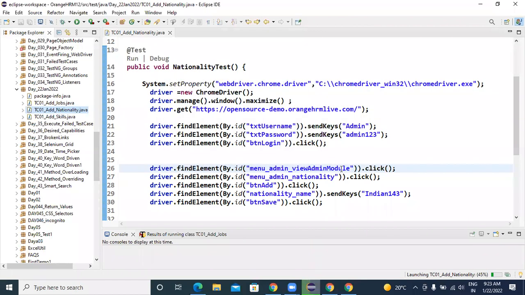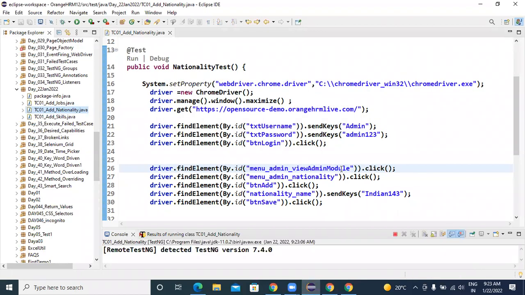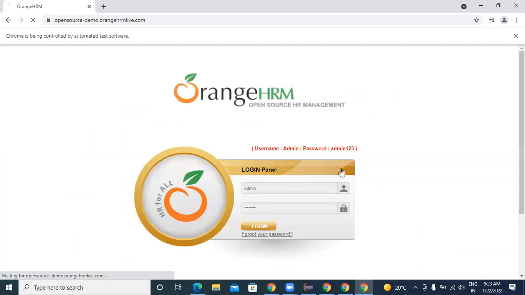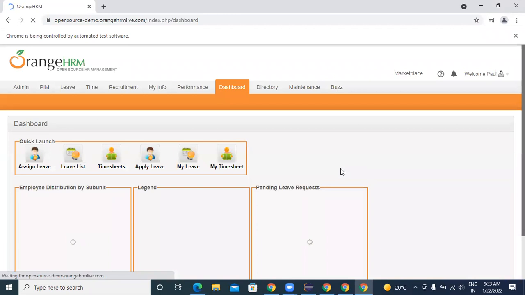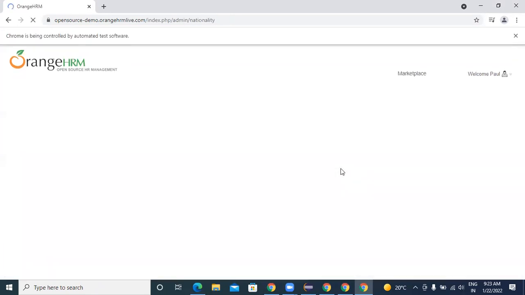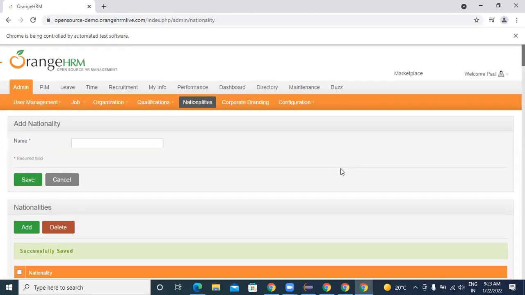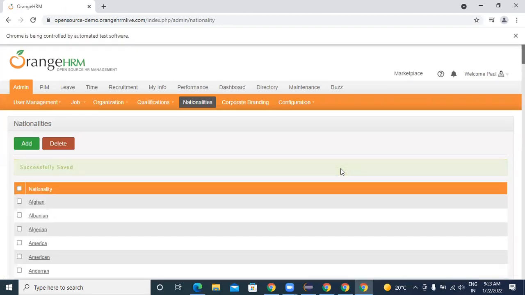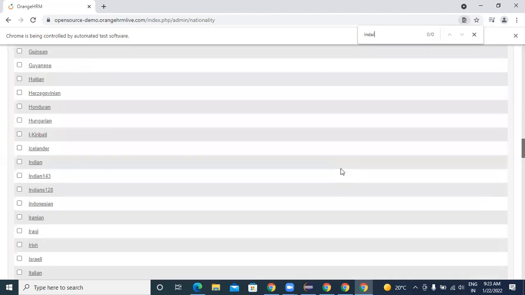So I'm clicking on proceed. So just check it, Control F, Indian 143 record has been created.